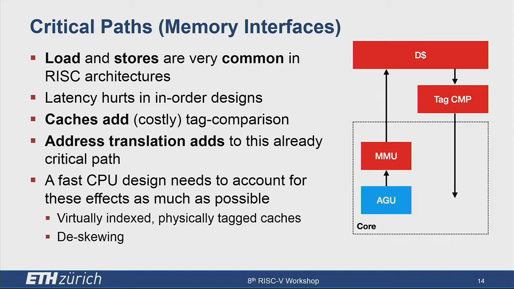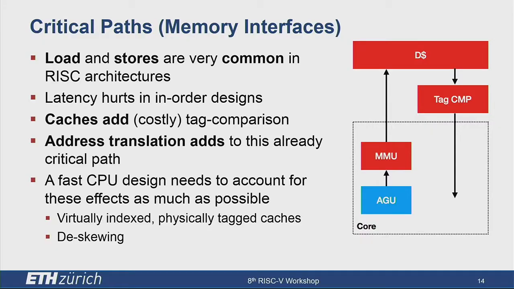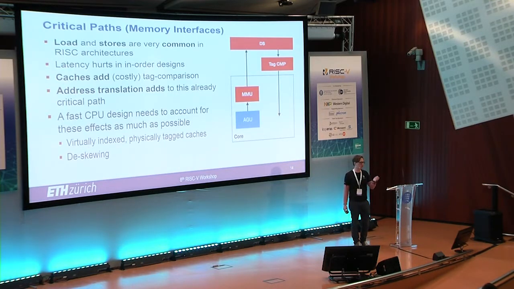So let me talk a little bit about the critical paths and the design challenges on that core. Naturally, loads and stores are quite common in the RISC architecture, but unfortunately, what nobody tells you in the beginning is that those caches, those memories, are super slow compared to the logic. And in addition, you have a lot of logic on those paths, especially on the tag compare part. When you come back from your cache, you have a lot of logic, and it takes a lot of time. As well, on the way to the D-cache, you have the address generation, which is basically like an